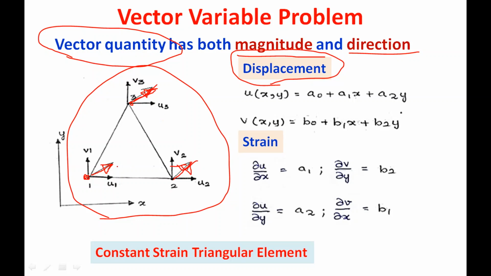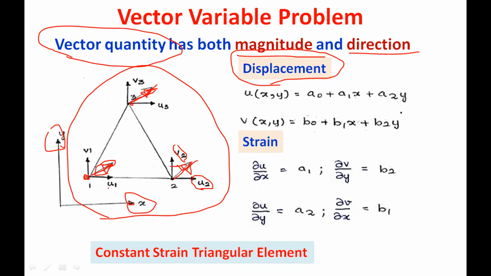So how to solve this type of problem? How to assemble various elements to get the global characteristic equation? The same idea we discussed in the truss problem. I think you can remember that this local displacement can be replaced by components of displacement along the x direction and along the y direction. At all the nodal points we are going to resolve this local displacement along the x direction and y direction. The displacement along the x direction is denoted by u. Displacement along the y direction is denoted by v.